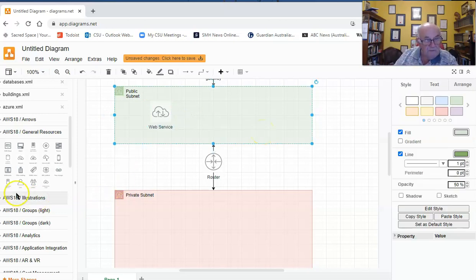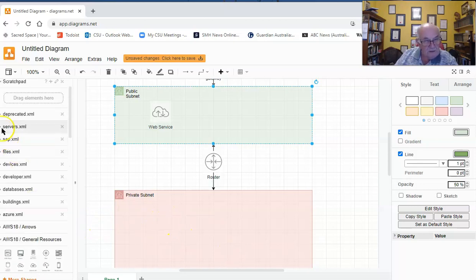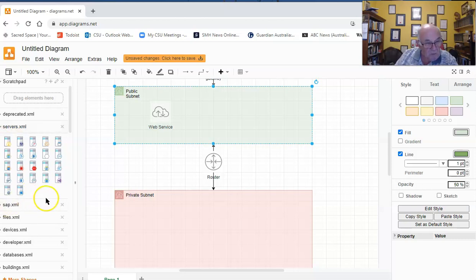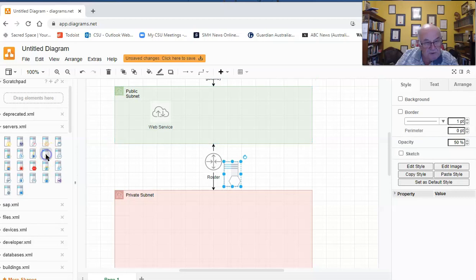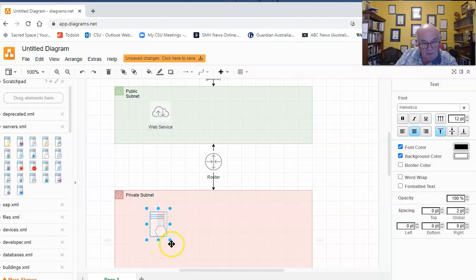We know that we have some servers to run that web service down here, so we can pull up a server. We can look at our list of servers. We can look for Windows servers, SAP servers, MySQL servers, Exchange servers, generic server. That might have to be the job. We don't actually have a Linux server per se, but we can use that there, and we can throw that under there like that, and we can give it a name of